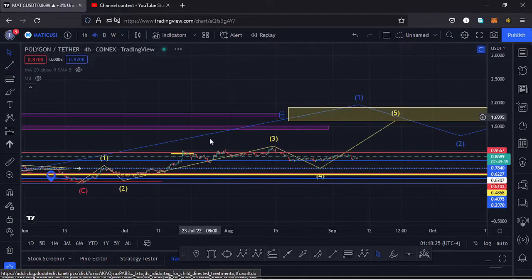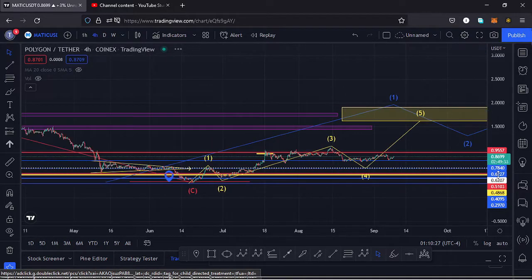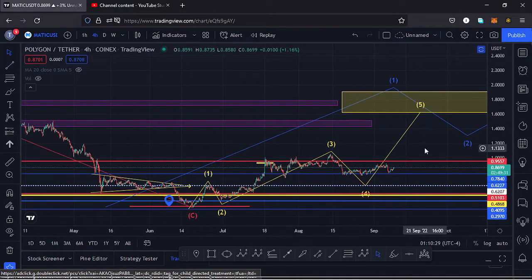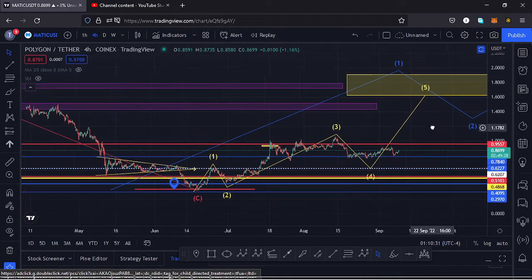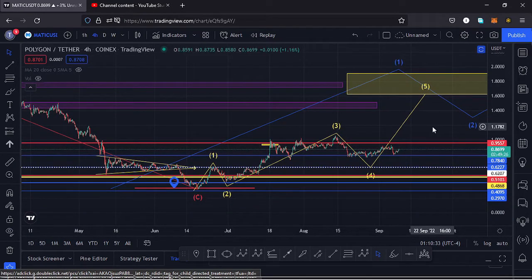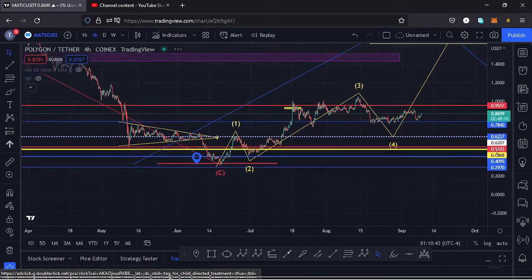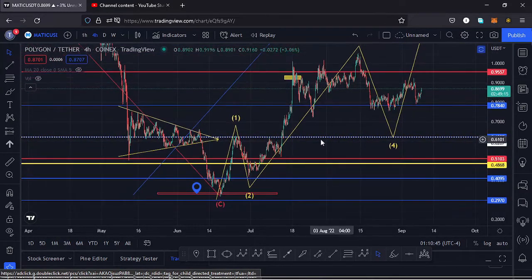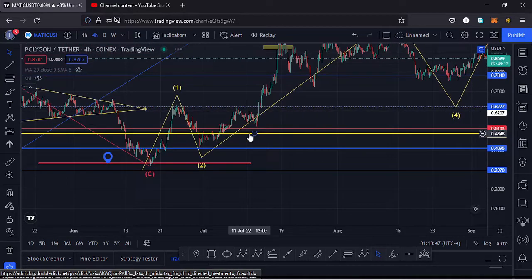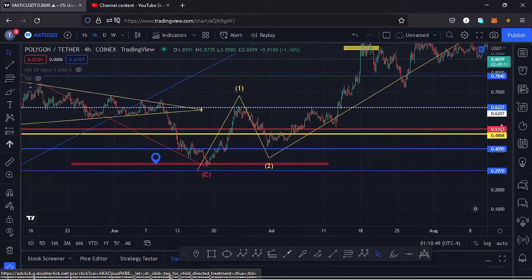So if I jump to the 4-hour chart for further analysis, here you can see I have this yellow fractal wave within a wave 1. And once we see the formation of a wave 5 of this fractal wave, we complete a higher Elliott wave count 1. So if I get a little bit into the details of this fractal wave, so that it can also give me the key scenarios that I expect to play out on this chart, you can see